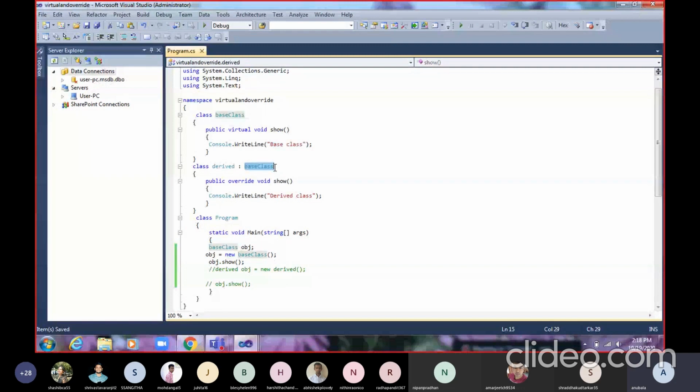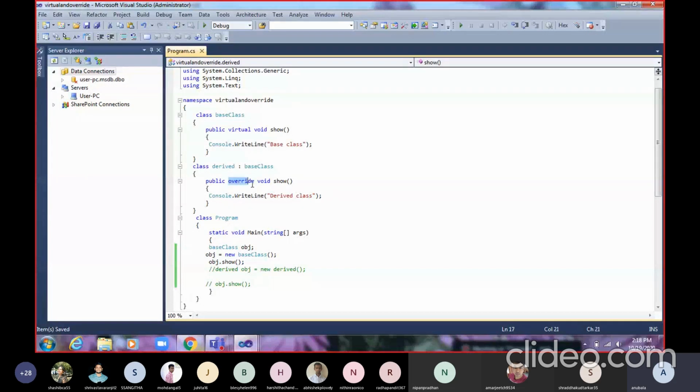Whenever you are overriding, you need to write the override keyword here. Otherwise, this method will not be considered an overridden method of the base class. It will be considered a method of the derived class only.